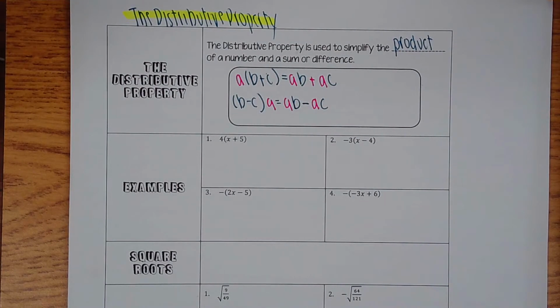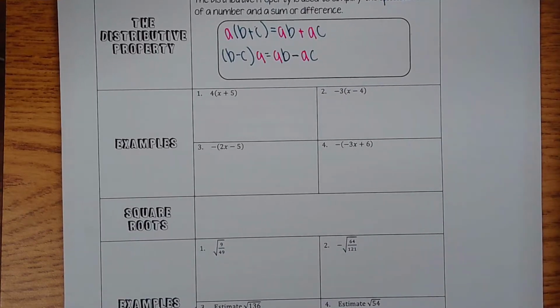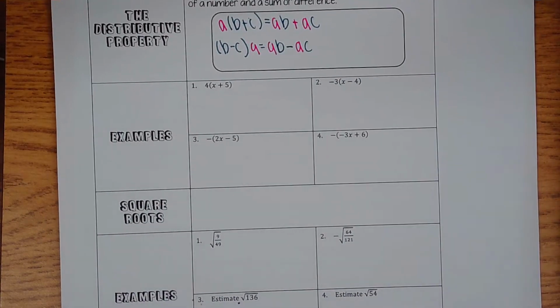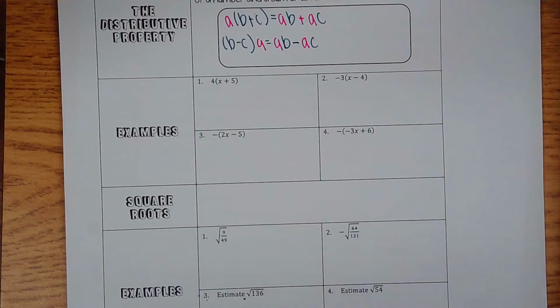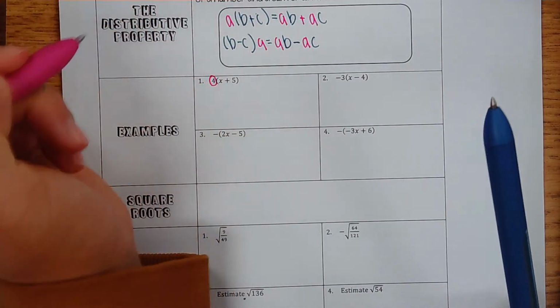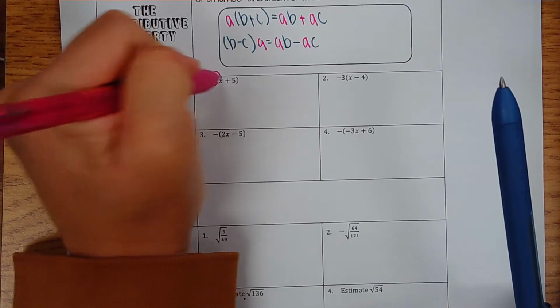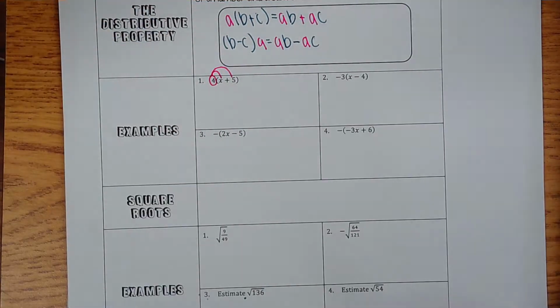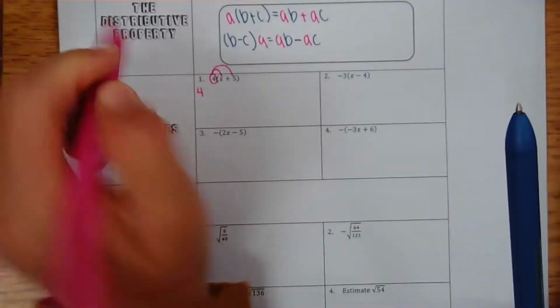Okay, Mrs. Black, that's great, but how? It always helps when we do it with some numbers, right? So let's do it with some numbers. We're going to take this 4 and distribute it, meaning it's going to get multiplied with everything inside these parentheses. So first it's going to be 4